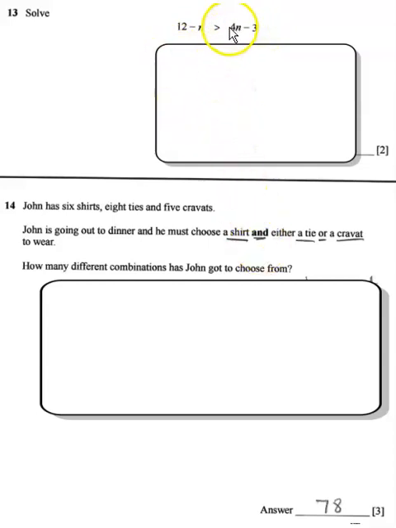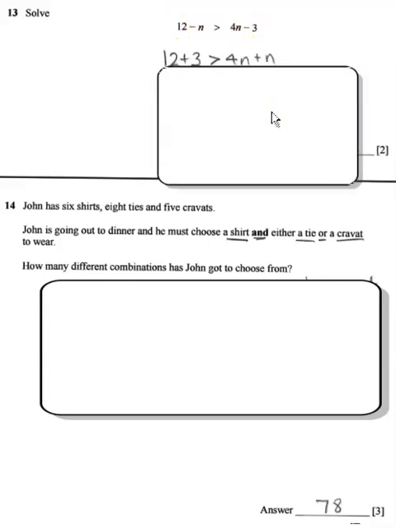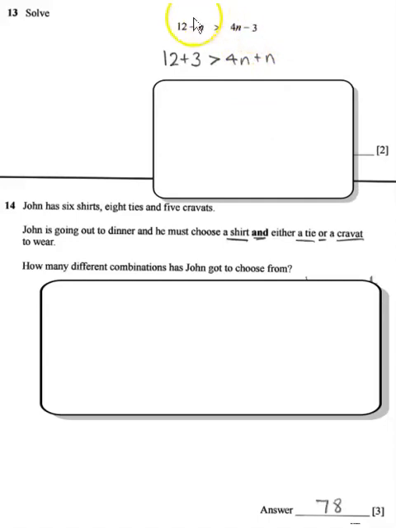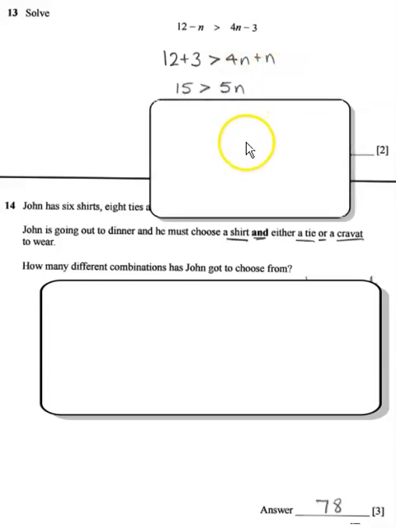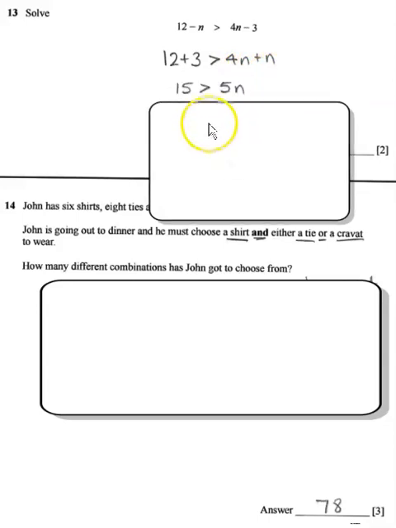First of all, I'm bringing the n across, so it'll be 4n plus n on the right hand side, because I'm moving this minus n across, which changes to a plus n. Then I'm moving the minus 3 across to this side, which will change to a plus. So 12 plus 3 is greater than 4n plus n. 4n plus n is 5n, and 12 plus 3 is 15. So this one here is just going to be 15 divided by 5,